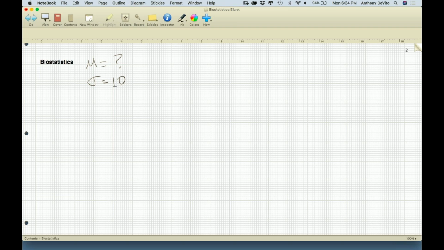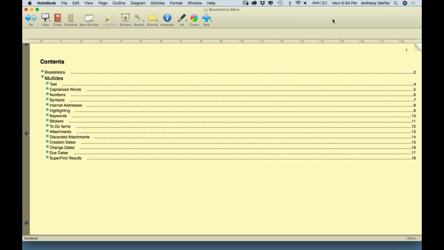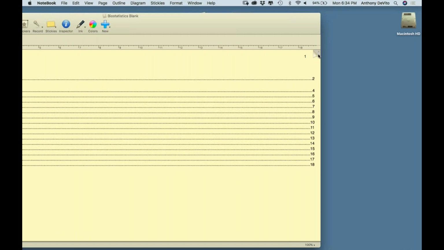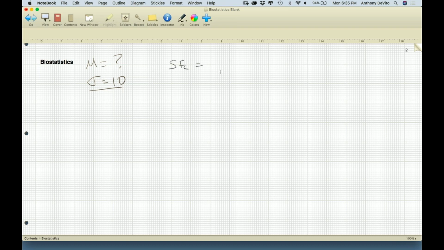Does that come up very often? No, but it comes up occasionally where someone may have done a study that we believe was so large that we have a pretty good idea of what the population standard deviation might be for this kind of variable. So let's say that we're assuming that we know what that is. Well, since we know what that is, we can calculate with some certainty what the standard error is based on the sample size that we take: sigma over the square root of the sample size.